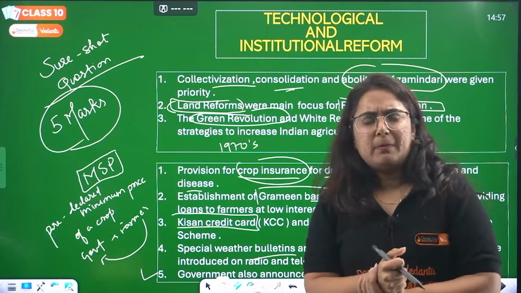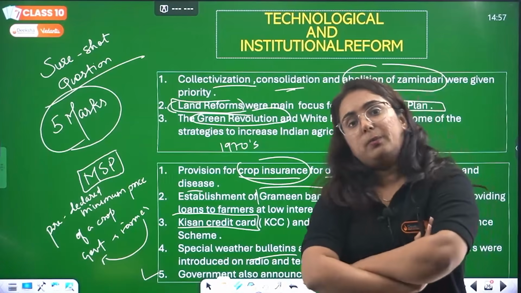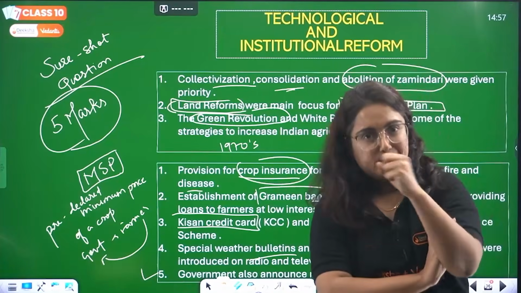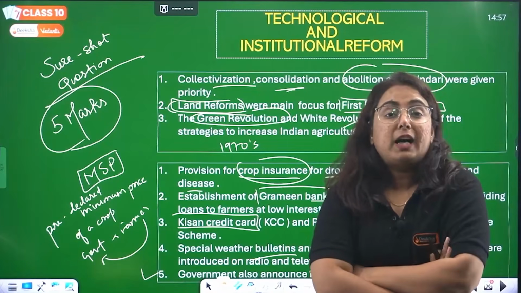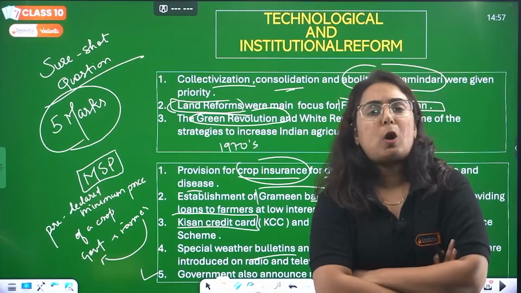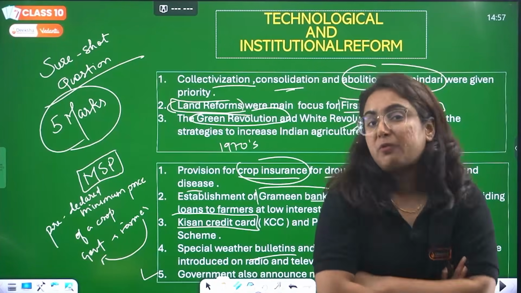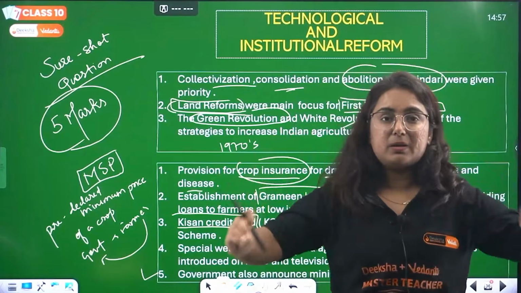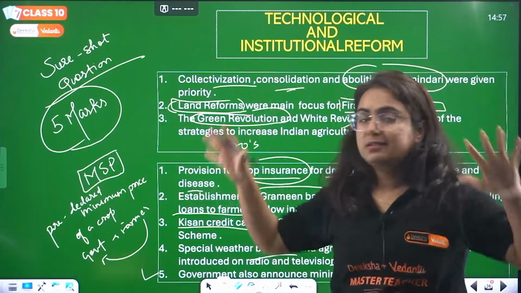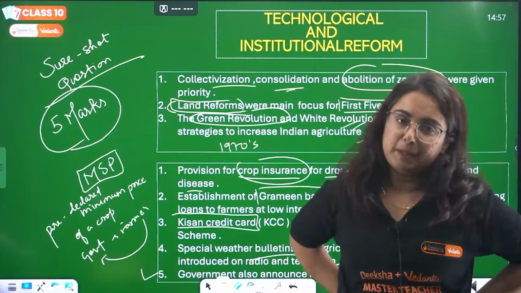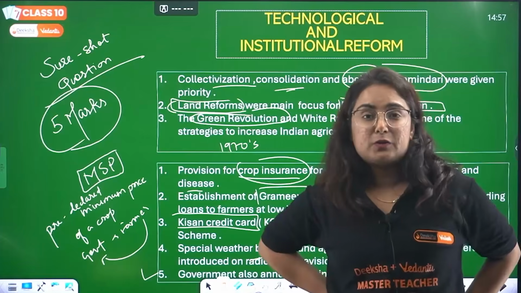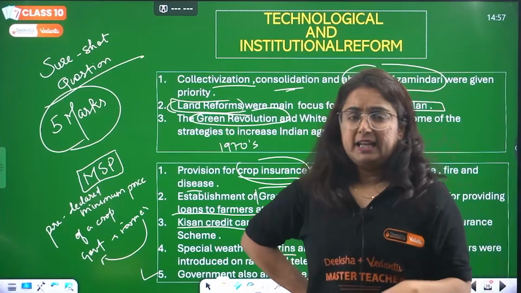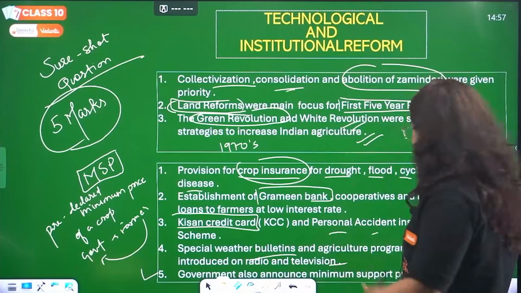Right now you might be thinking, ma'am, in this the profit is of the government. No, the government will sell it at high prices because the government is giving them a minimum price. Beta, it is a safeguard: in case crops are of very bad quality or crops failed, the farmer need not bear this. Here the farmer is tension free that at least this much amount is going to be provided to me. However, there are a lot of negatives of this policy too, but in this chapter that is not given. Okay, there will be a time when we will read it thoroughly.